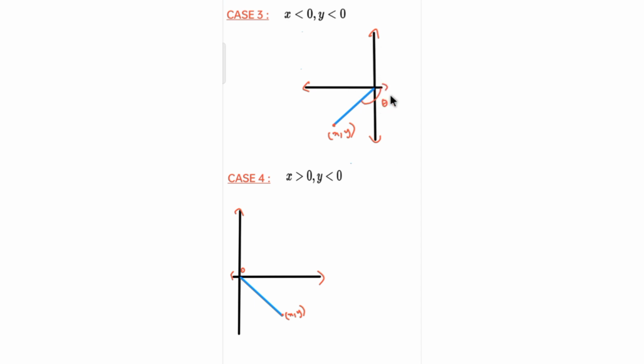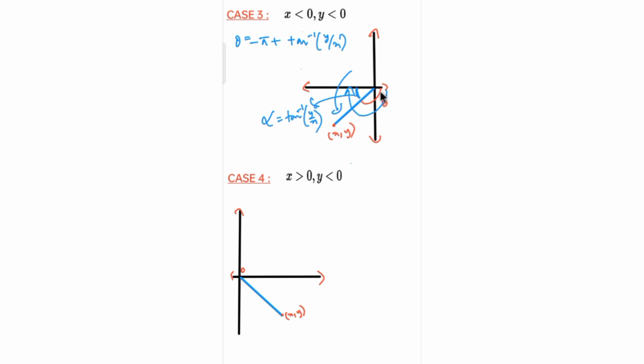And how do we find this? So going in this direction, we have this value to be minus pi, isn't it? Because we are going in the clockwise direction. And if I just remove this part, that is, I need to add. So I will be coming from this direction now. In this direction we have minus pi because it's a clockwise direction, and coming in this direction we have it to be positive. So if I just remove this, what is this value? If I assume it to be alpha, this would be tan inverse of y by x, because both y and x are negative. So tan inverse of minus y by minus x will again be tan inverse of y by x. So that's the reason I can just put this to be tan inverse of y by x. So I finally get this argument, the theta value, to be minus pi plus tan inverse of y by x.